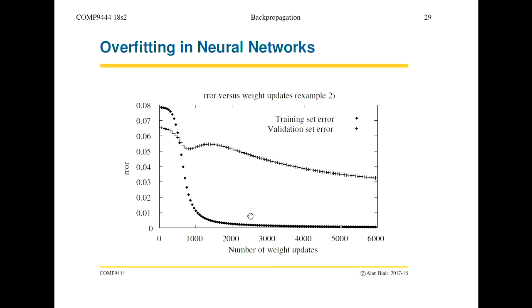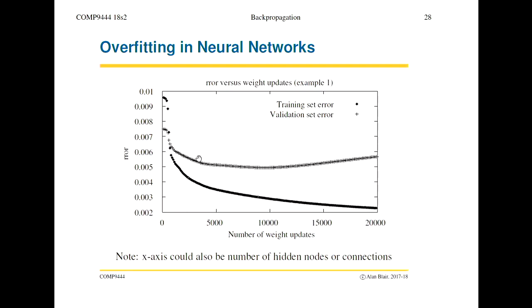Now again, the point of this is that there are some situations where stopping the training early really doesn't help you. You can safely keep training as long as you want and the validation error will still go down. But if we're talking about the number of hidden nodes, we almost always get this picture. It'll come down for a while, plateau, and then start increasing again.